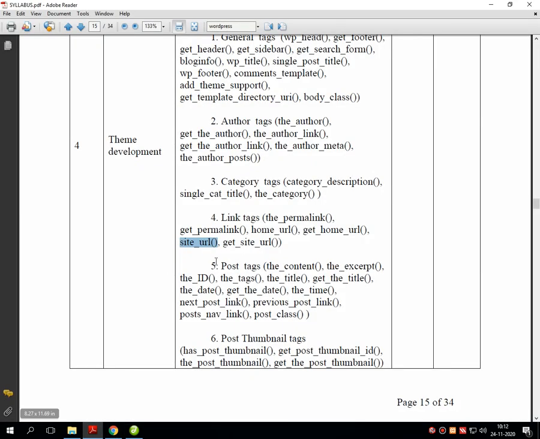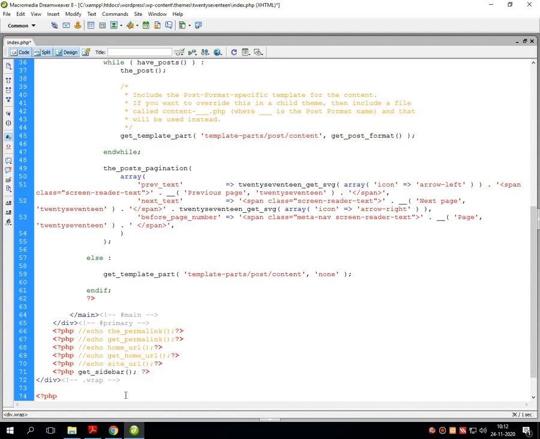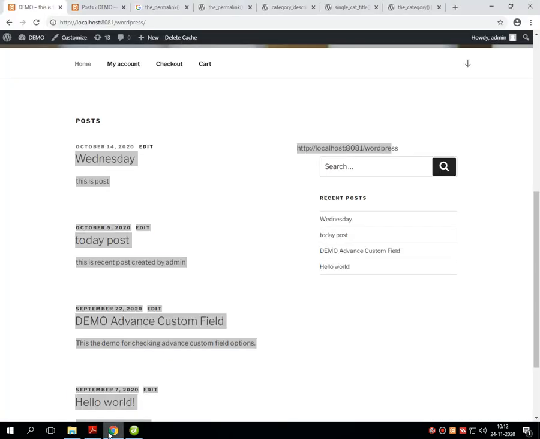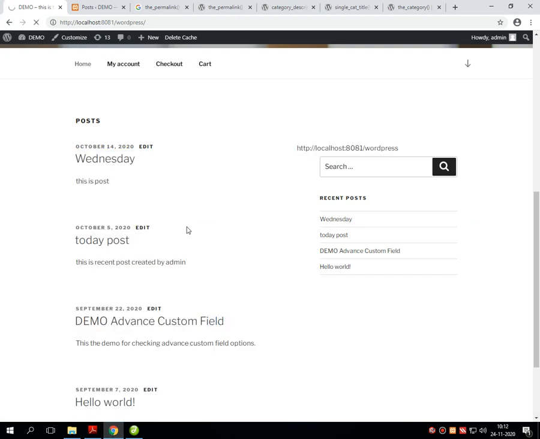Now let's go for the last option, that is get underscore site underscore URL. I'm putting it into the brackets with question mark PHP echo, putting this URL function into the echo statement and refreshing the page. Even it displays the same output onto the screen.